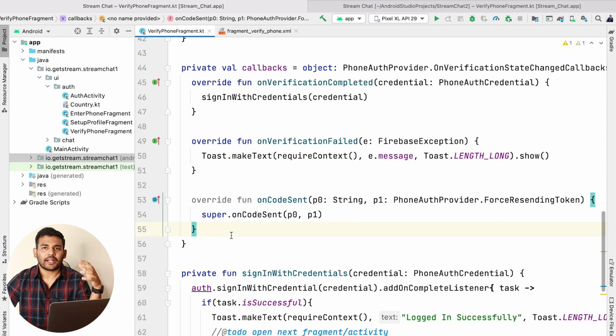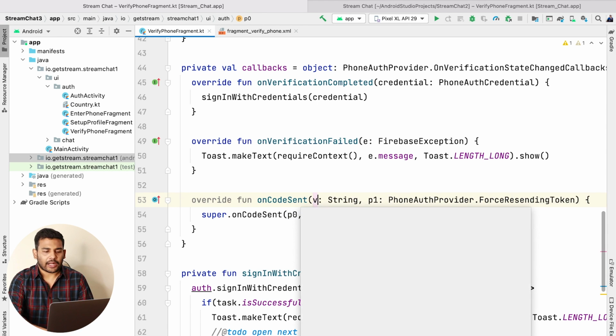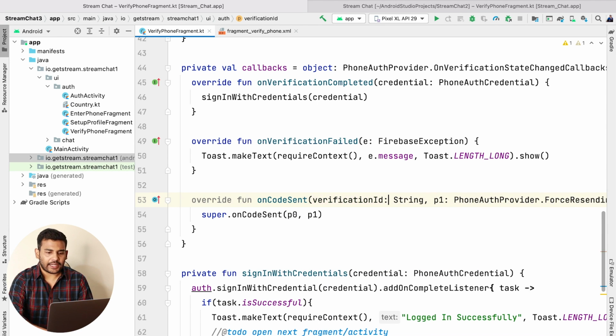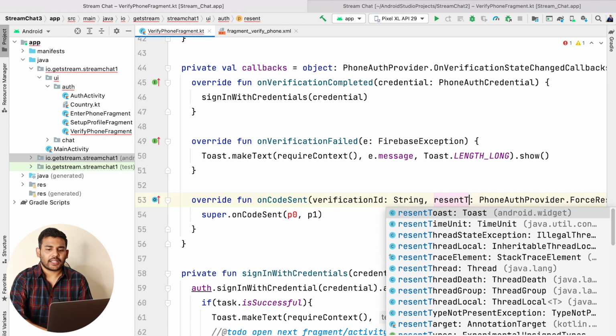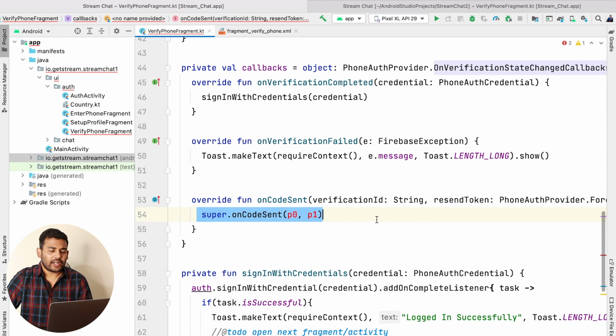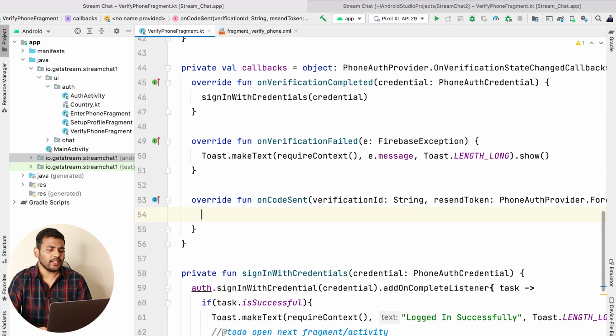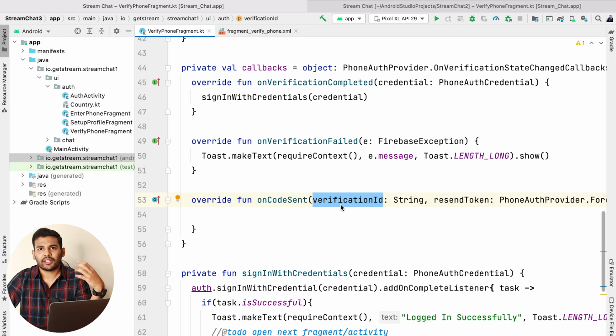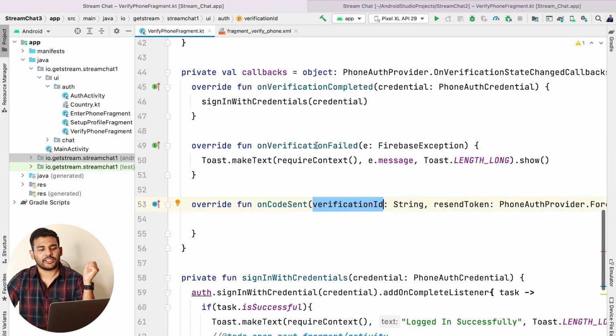Now this is a function that is called when the code is sent. And here in the first parameter we have the verification ID, and in the next parameter we have the resend token. Now I will delete this super.onCodeSent because I do not require it. But what I will do is save this verification ID, and we will use it with the user-entered OTP to build the phone auth credentials.